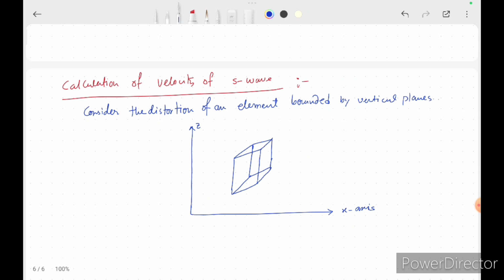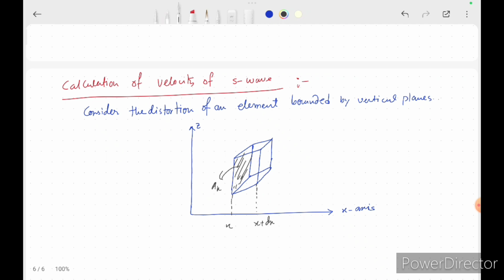Right. Consider a parallelogram, and this portion and these portions are placed along the x-axis at positions x and x plus dx. Okay, and the area of this surface is equal to Ax. Okay, the area of this surface is equal to Ax,